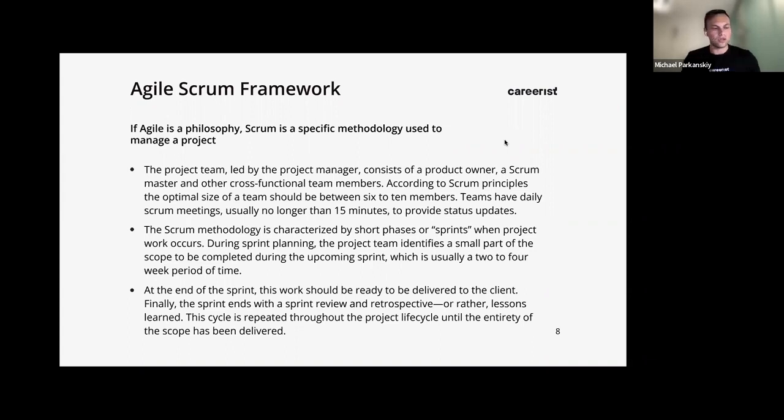So you decided, your company decided, we're going to use agile philosophy, and we're going to organize into Scrum. So what are the rules? Like, what are the recommendations? The recommendation is that you have a team that has no more than 6 to 10 members in it. If it's more than 10 people, your team is too big. You're not being agile enough, because if you have more people, you have to get approvals, you have to talk to more people. When you have 6 people, you can get on a call, or a stand-up, which is 15 minutes,